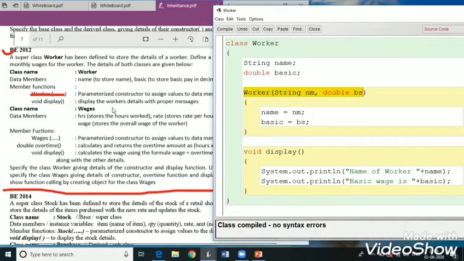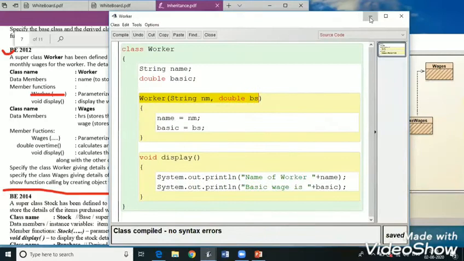And then we have a display function that will display the worker details with proper messages. So we have just declared the display function in order to display the name and the basic. So this is the base class constructor.